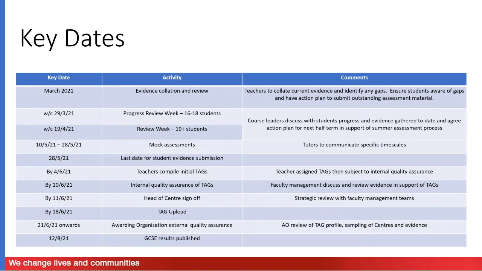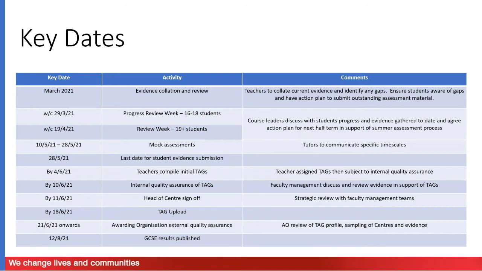Following that, we go to the 11th of June, and that's where our head of centre will sign off. So it's that strategic review, looking at their entire process and the teacher assessed grades, and then the grades will be uploaded and sent off to the awarding organisation. So that's the end of our college teacher assessed grade process, and it hands over to the awarding organisation